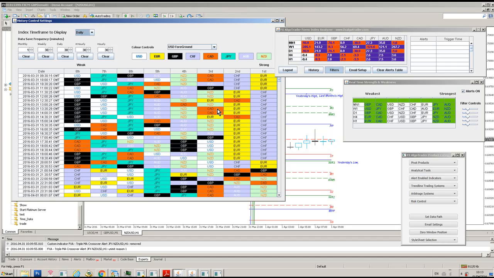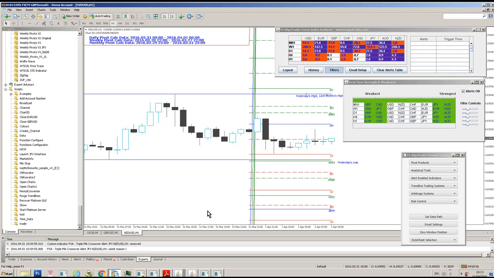What I was interested in was looking for a retrace on the Kiwi dollar index. You can see here it started off in the fourth strongest position, strengthened a bit, weakened a bit, and then we got an opportunity around 5:30 yesterday where the Kiwi was nice and weak, and that was really a potential entry point for us, because we're looking to get into this Kiwi US dollar trade on a retrace. So what I did was look back at this hourly chart, which is the Kiwi dollar hourly chart,